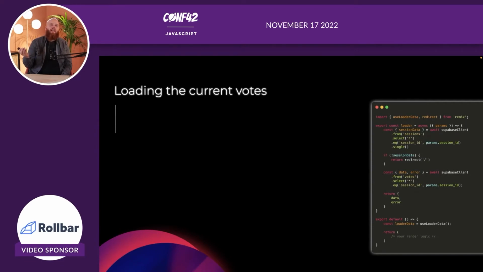Unsurprisingly, it looks a lot like that action that we looked at. So instead of an action, you have something called a loader. And if you've worked with Next.js, this is probably fairly familiar to you because this is sort of like getServerSideProps, right? It's a function that whenever somebody hits a URL, it's first going to go to the server. It's going to execute this function where we basically get our data. So in our case here in the example, we get the current session. Well, if the session doesn't exist, maybe we redirect. We can handle this however we want. But after that, we're going to get everybody's vote for this session and then return that data.